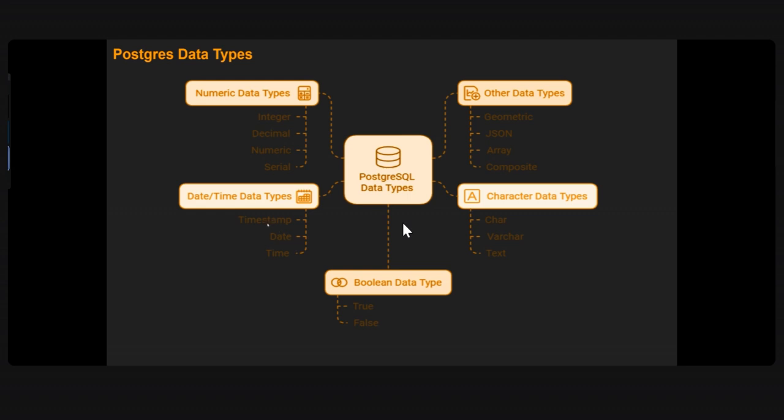If you are working on logs or anything and storing that data, then you can use this timestamp, where you can capture the date and time, what time the error occurred. If you are storing all of that in a database, then it makes sense to capture the timestamp. Date is plain date, and you can change the format also. Time is your time, the current time. And there is the boolean data type,